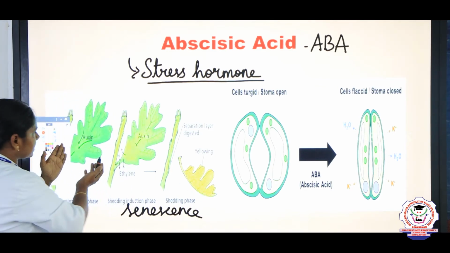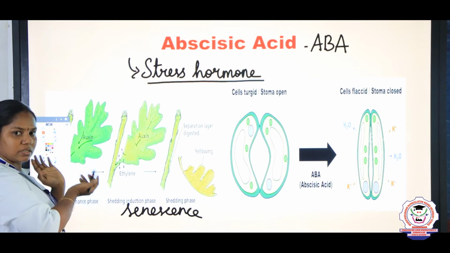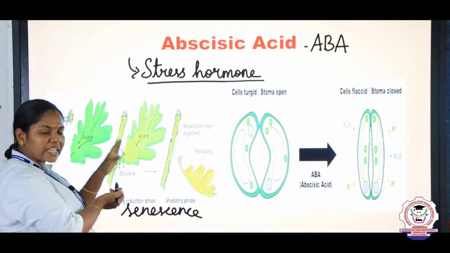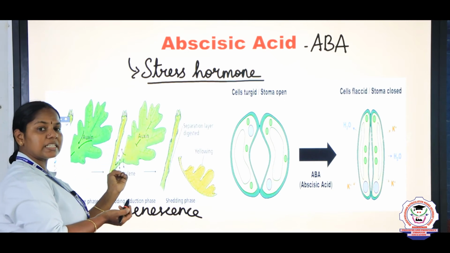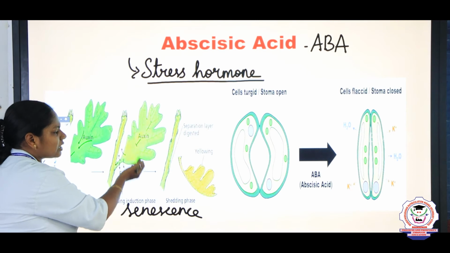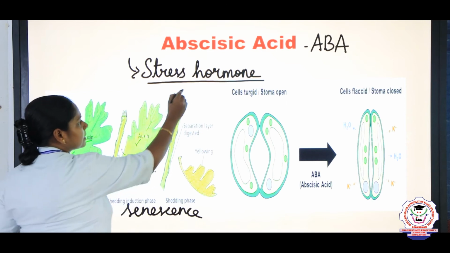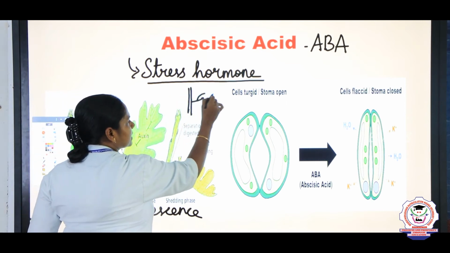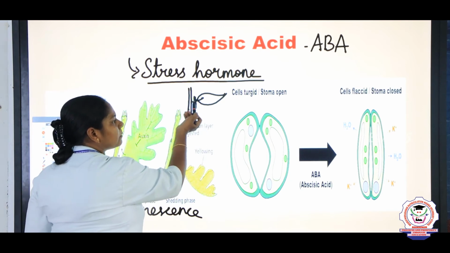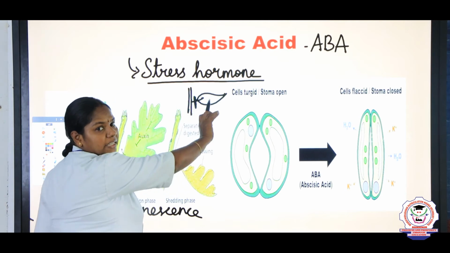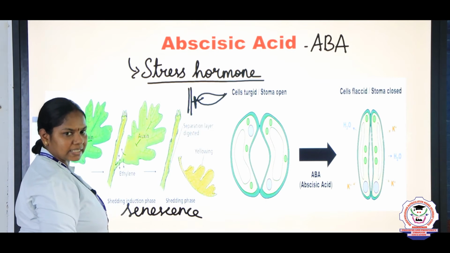First see, children, this leaf is very good, right? This leaf is green in color and it is attached to the parent plant and it is healthy. So when it matures, after aging, what happens? The loss of chlorophyll, right? Ethylene is produced which results in ripening, and loss of chlorophyll occurs, and finally what is formed? The abscission zone is formed. If the leaf is attached like this, a zone of abscission will be formed here, so that the nutrients from the plant are stopped from entering the aged leaf. So that abscission zone is formed by this abscisic acid, and later on what happens?